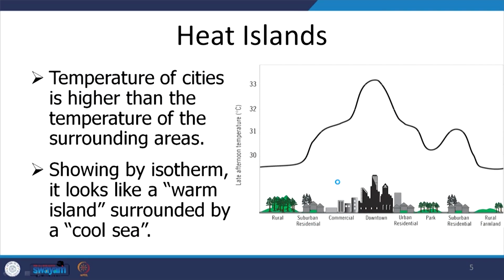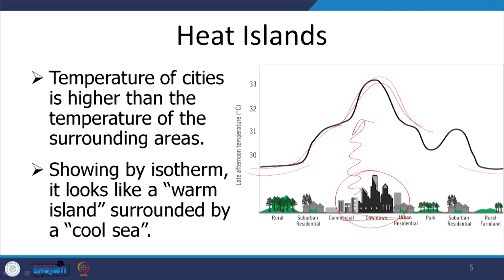So what happens is that the temperature, because of a lot of heat which has been absorbed by these buildings and then re-radiated during the night, so the nighttime temperature suddenly increases. It increases in comparison to the rural areas and also the suburban areas which are not as dense as the downtown city. This phenomenon where the temperatures of the cities increase as compared to the surrounding rural areas,